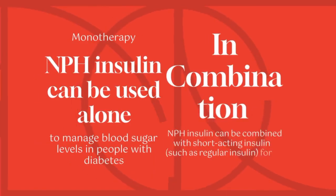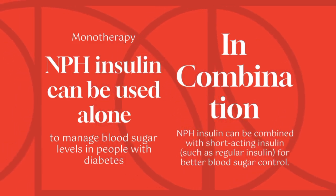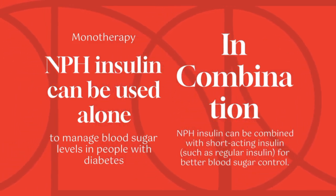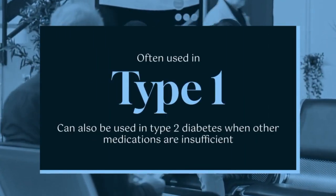Drug use as monotherapy or in combination. Monotherapy, NPH insulin can be used alone to manage blood sugar levels in people with diabetes. It is often used in type 1 diabetes and can also be used in type 2 diabetes when other medications